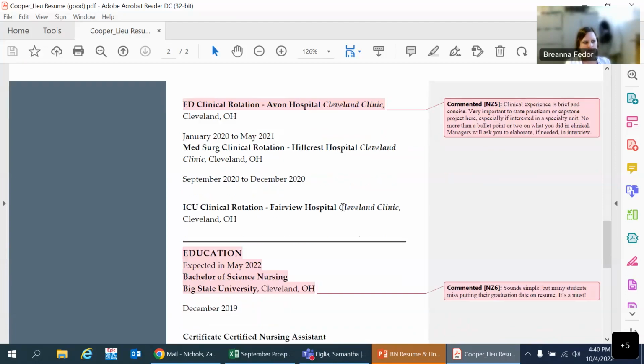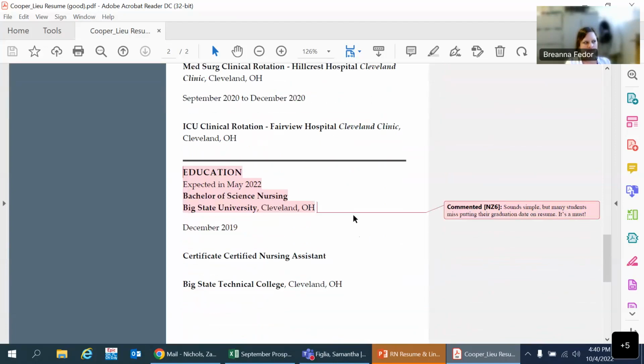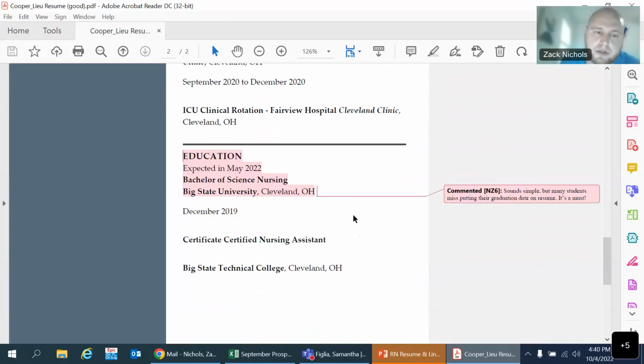Perfect. Last thing on here, folks, is I wanted to go through your education and what to list off here. This sounds kind of silly, but make sure you're listing off your expected graduation. Let's say you're graduating this December, maybe in a couple months. Make sure you list off your anticipated graduation date, and also what type of nursing degree you're